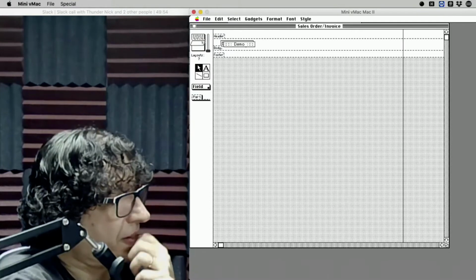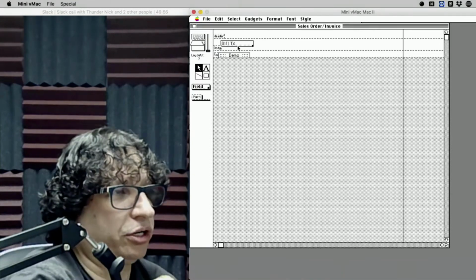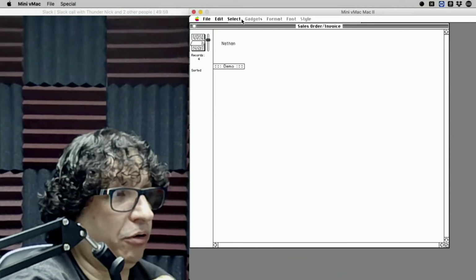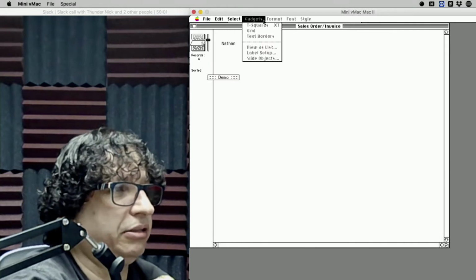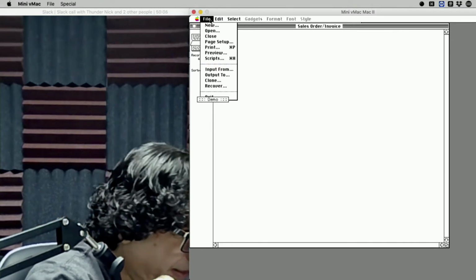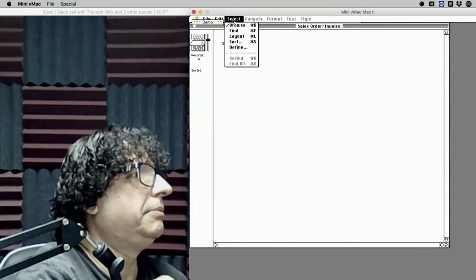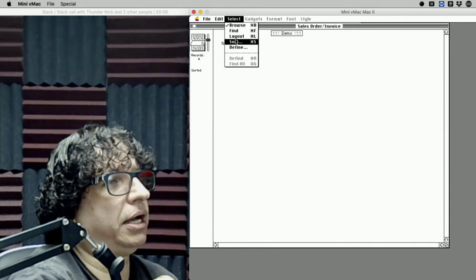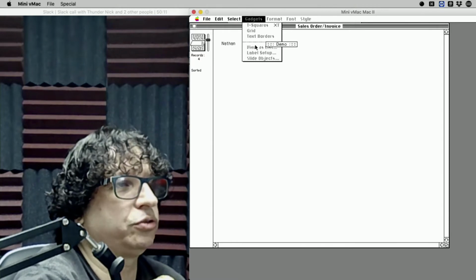So Forethought had a very, very popular product back in the day named PowerPoint. And at one time, Microsoft wanted to buy PowerPoint.